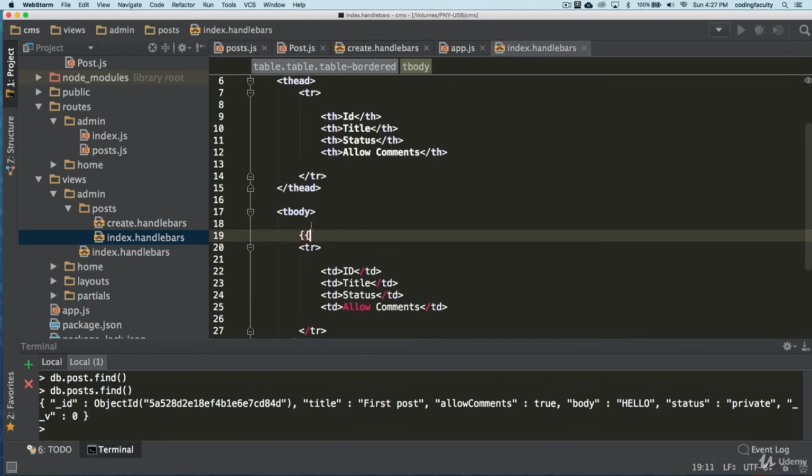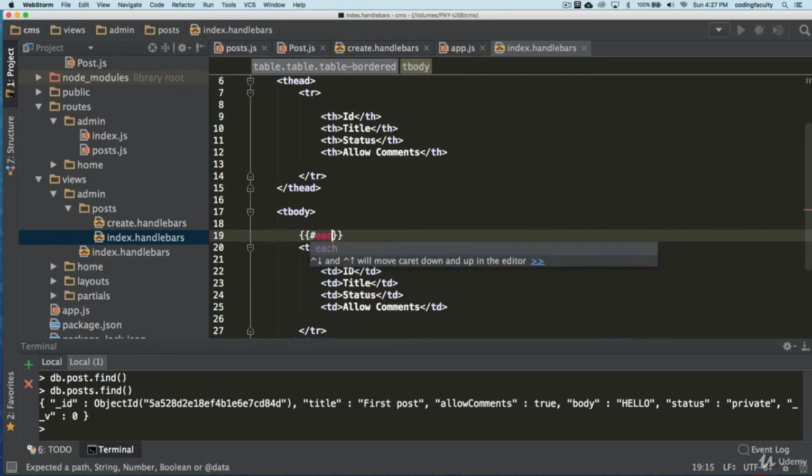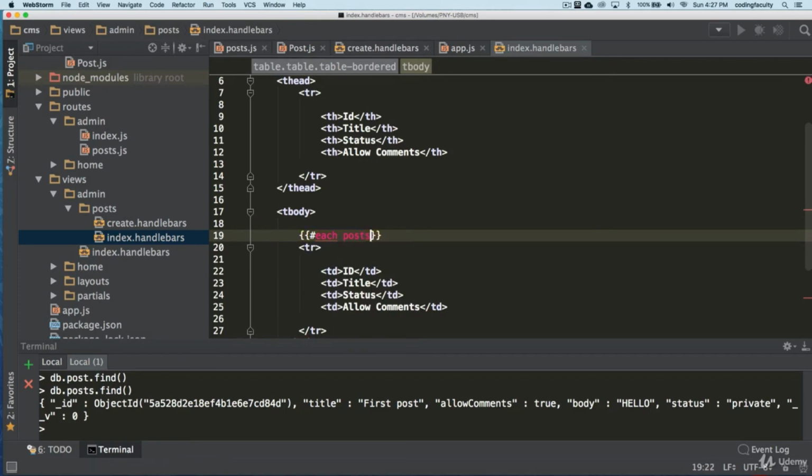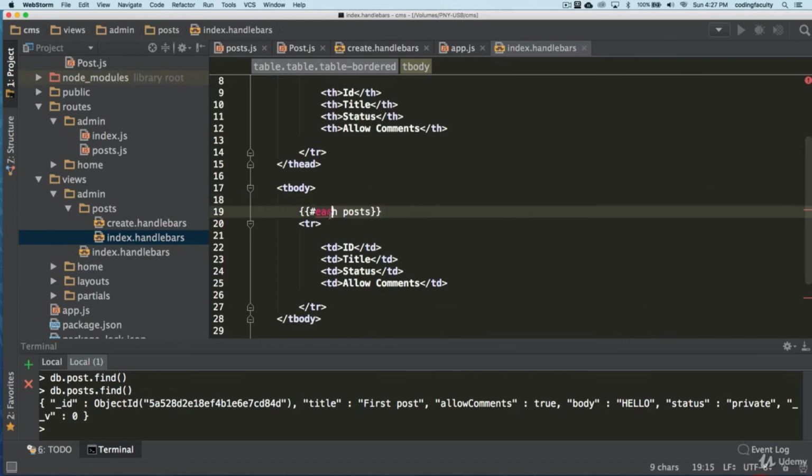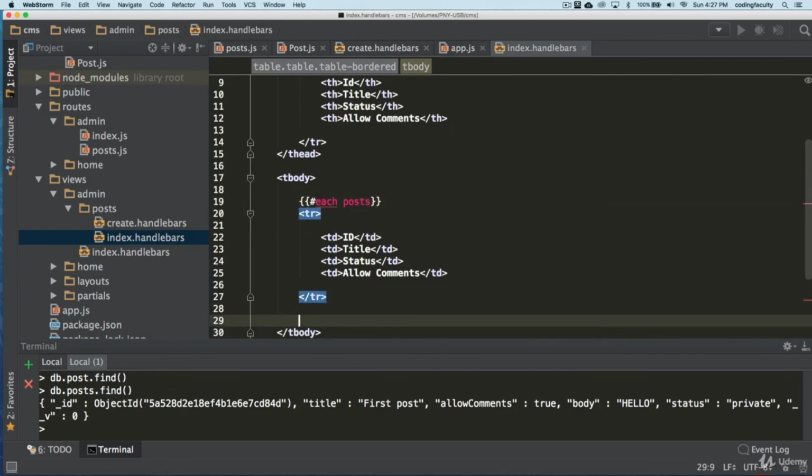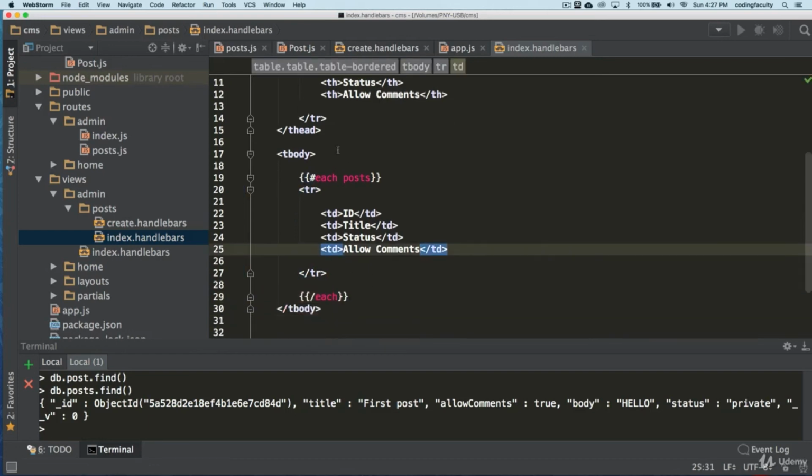With handlebars, you can do double curly brackets, and then we can use pound each. This is going to be like a loop. Now we just give it the name of that array that we want to loop through, and that's it. Make sure that you end it at the end where you want the loop to end. I want the loop to end here. So the each in handlebars is like a for each loop, and then you end it here like this, slash each. Make sure they always have double curly brackets.